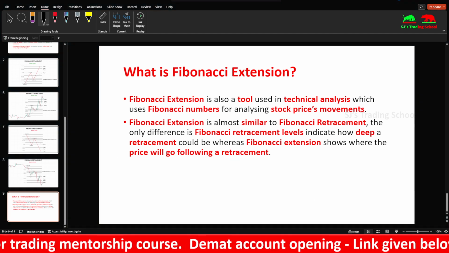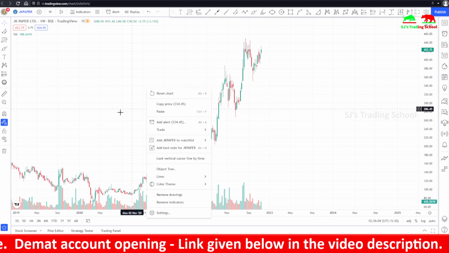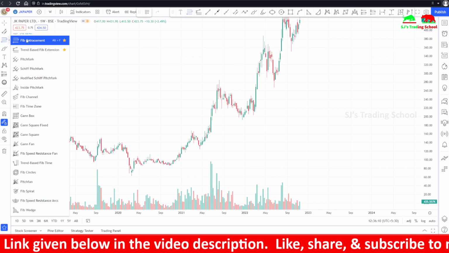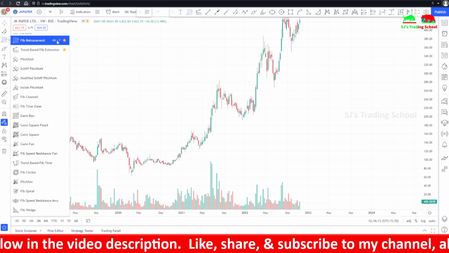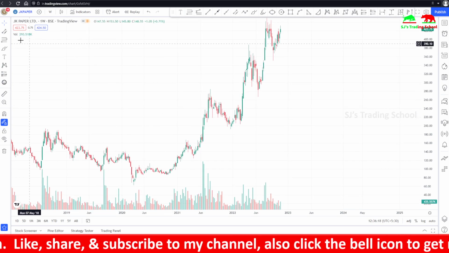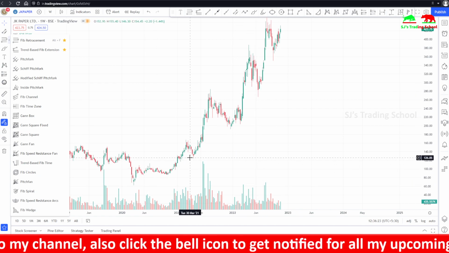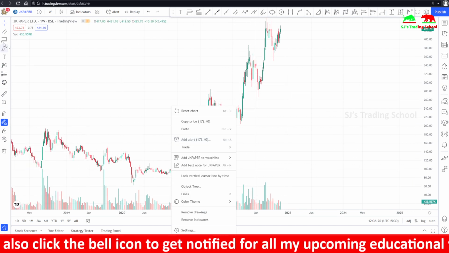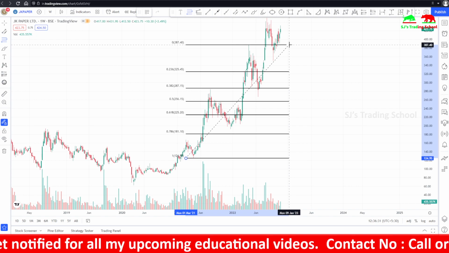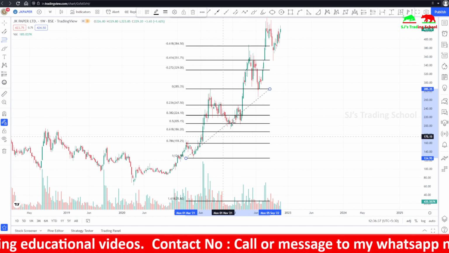So I will bring you a live chart. So this is the live chart. How to use Fibonacci retracement? You can go here and select the Fibonacci retracement in the TradingView platform, or you can press the Alt plus F key. You can use any swing high and swing low. So this is the swing low, this is the swing low, this is the swing low. I'm using this swing low, and I am using the swing high here, or you can also use this swing high. I'm using this swing high, and you can see the price gets retraced at around